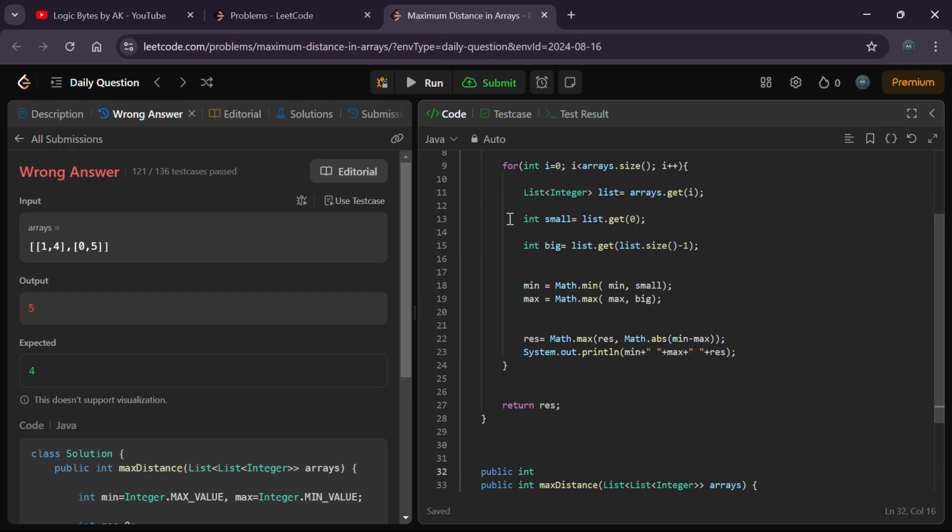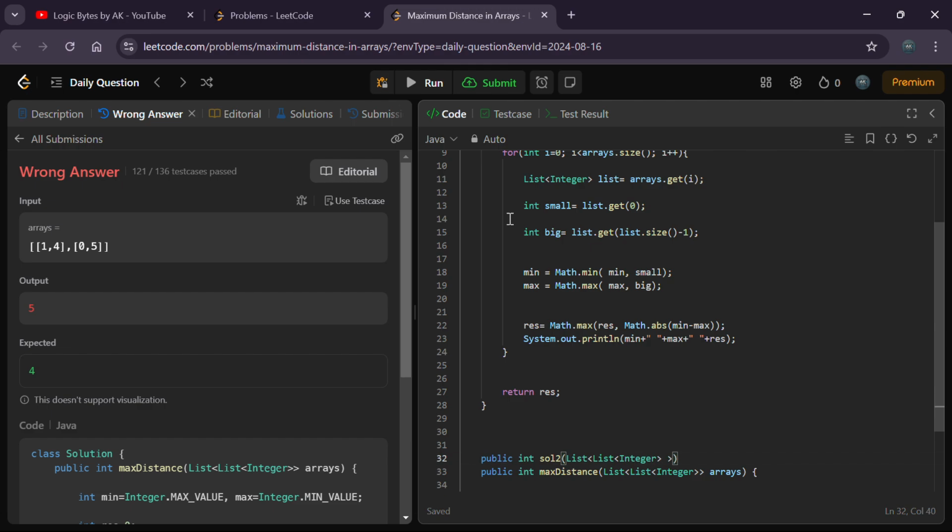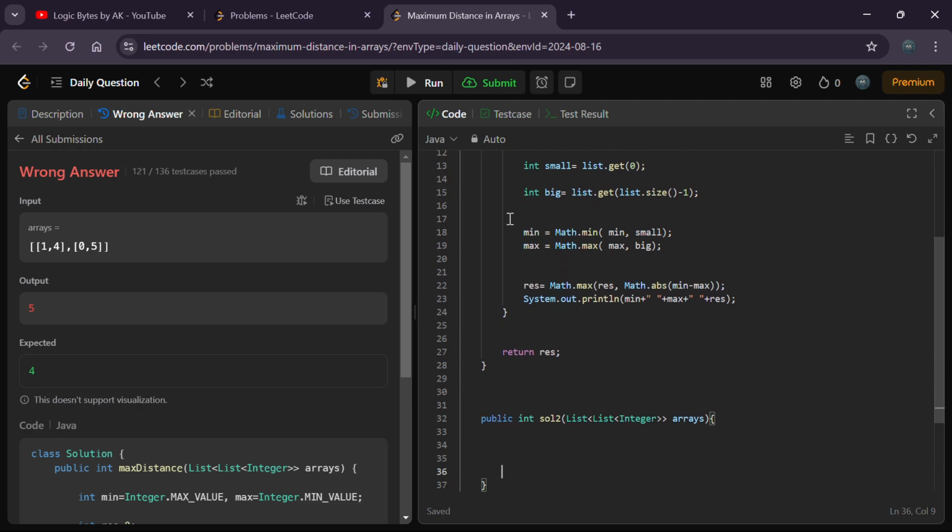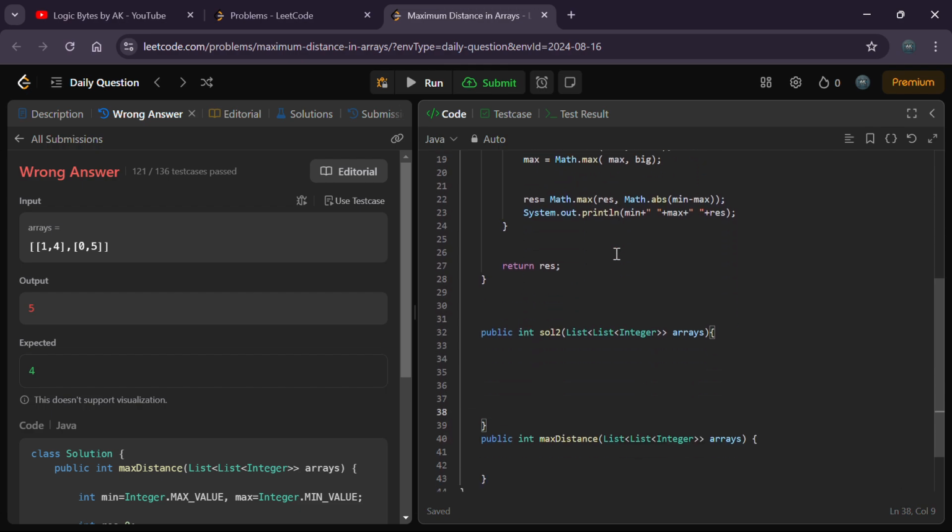Let me provide a function called solution2, which takes an input list of integer arrays. Let me write the code in this function and call it once to run it. So what do we need? We need a result,